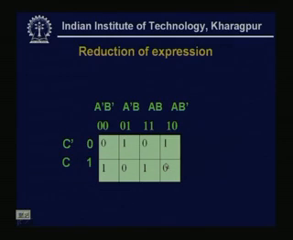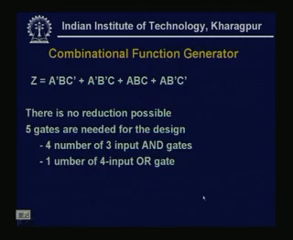Now, from this truth table we can easily draw the Karnaugh map, as this is a 3 variable function because the inputs are 3. So, we write that these 3 variables are A, B, C, and see from the previous